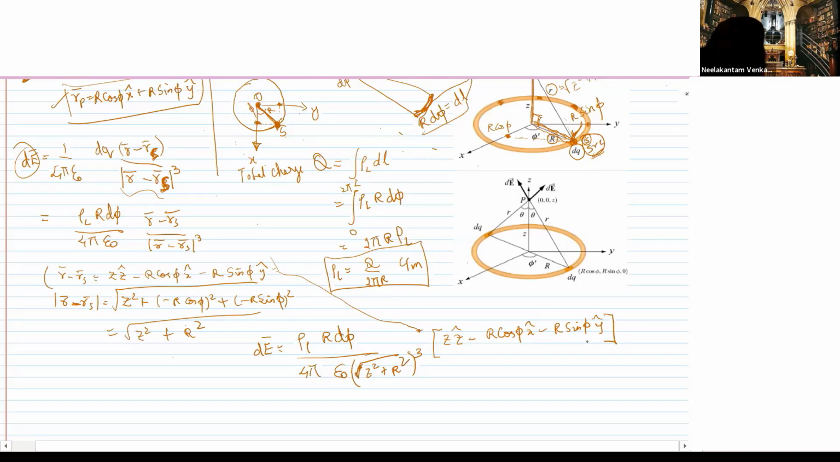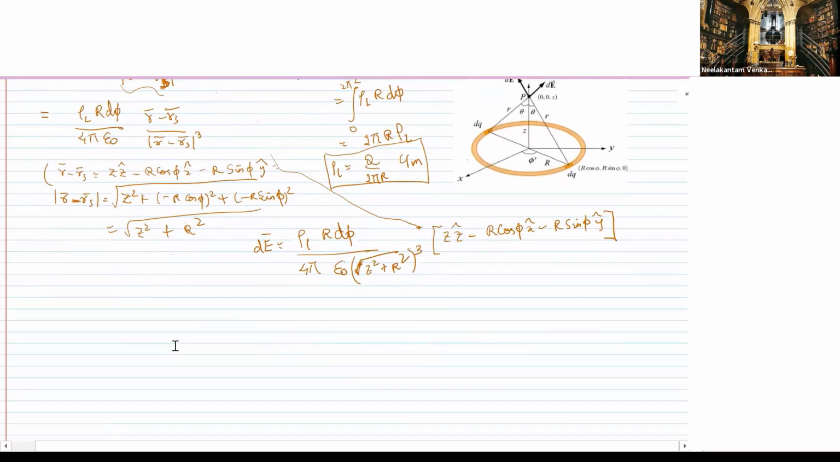This is the small little electric field due to the small little charge at this location of Rs. Now, if you notice, how do I find out the complete electric field? Then I need to integrate it over d phi. This is the small little dE over the d phi. So the total electric field is going to be the integral of this whole thing,